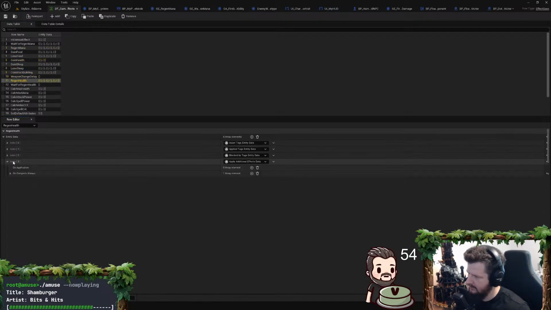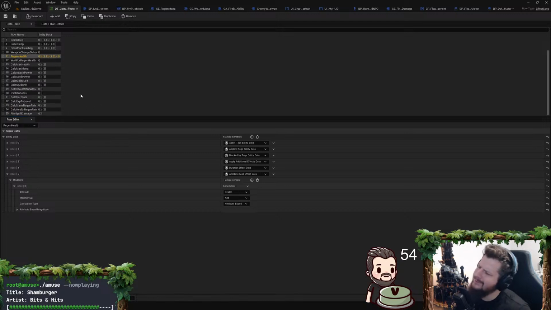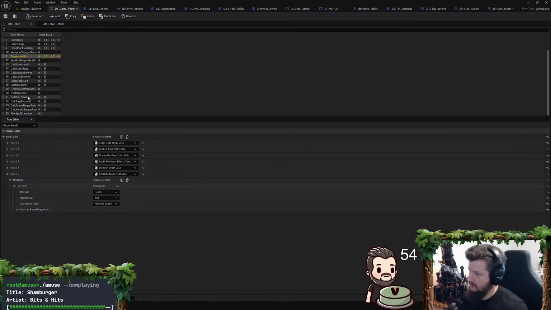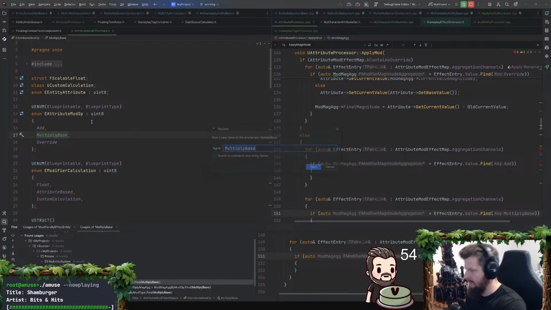Region health, apply attribute mod effect data. Let's just add. Yeah, I don't think I'm doing anything with multiply yet. Okay, so I'm just gonna change that. So this should actually be multiply final.